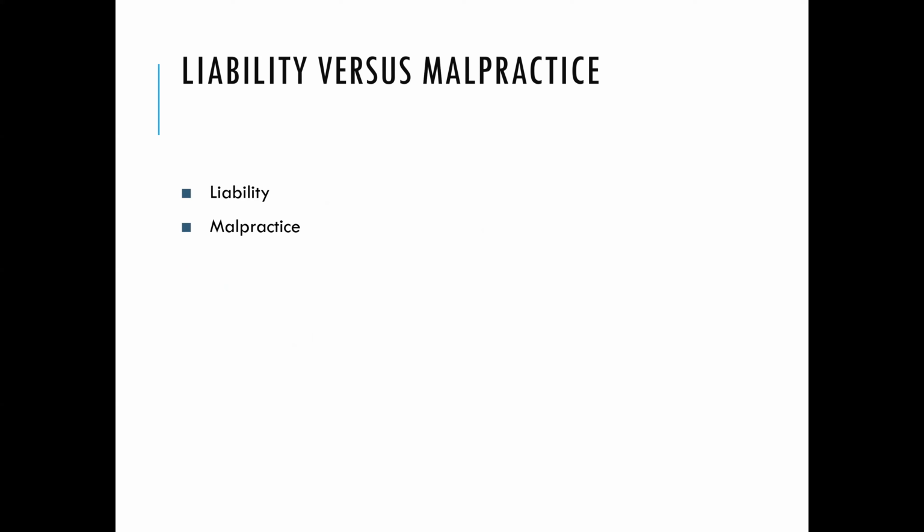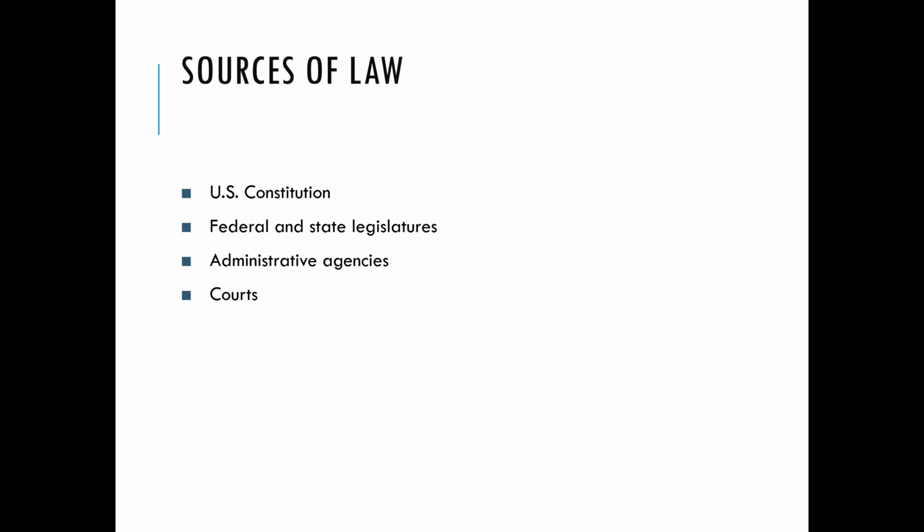So what is liability versus malpractice? Liability means that the person is financially or legally responsible for something. Nurses are legally responsible for their own actions, and this legal responsibility cannot be delegated, right? This is the basis for liability in nursing practice. Now, malpractice is one source of legal liability. It means that the professional person has failed to act in a reasonable and prudent manner. If someone is harmed during nursing care, the professional may be held liable.